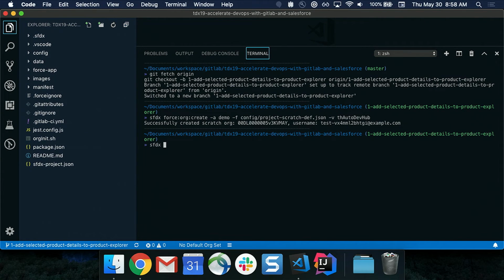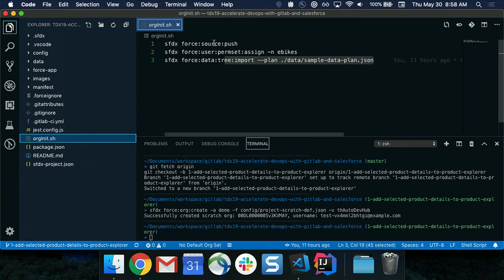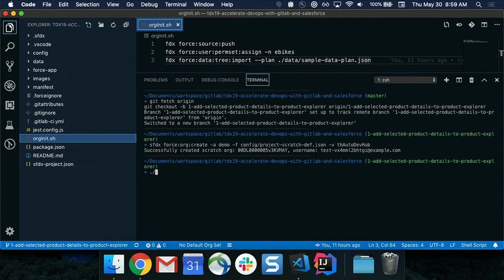All right, so now I'll show that org-init script. For my development, it's not simple enough that I just want to deploy my source. I also have a permission set that I need to assign, and I also have some sample data that makes development a bit easier, right? So I'm always going to be running these 3 commands. I always want that to be done for my developers. And so not only am I going to do that here,